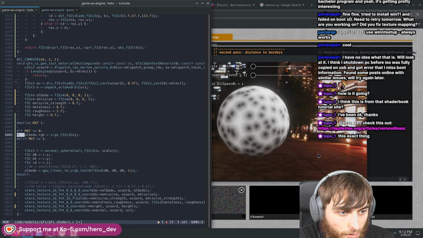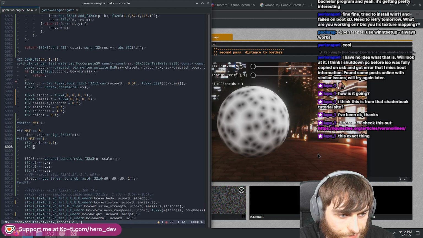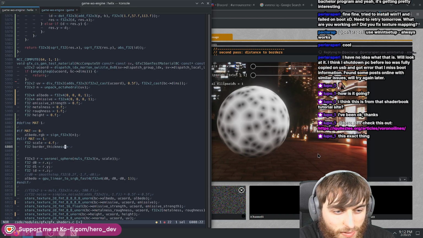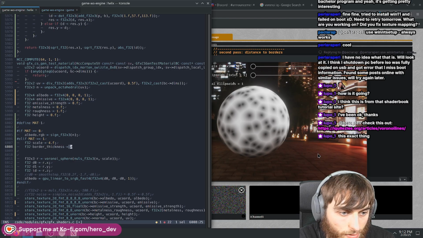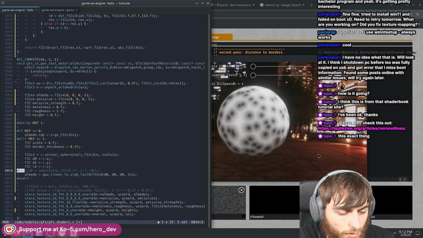Yeah, so this is one of the parameters. Scale. The other parameter is border thickness, or border. It's basically like a distance, right? Yeah, so you can say 0 to 0.1. So what that means is you would go,